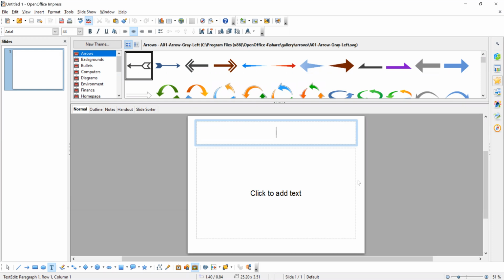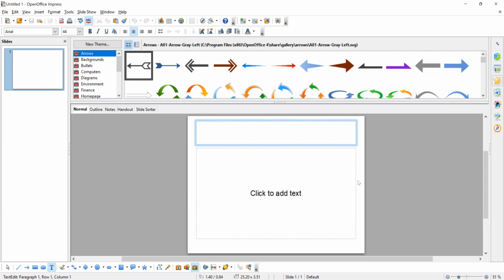Custom animation we can do individually or completely, but slide transition is the one done to the complete slide, and whatever effect we give, we can see perfectly when we do the slide show.